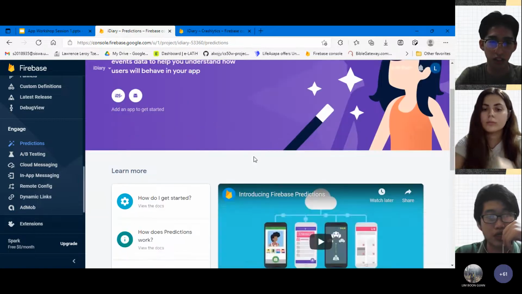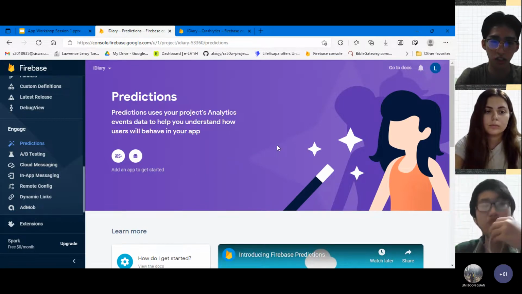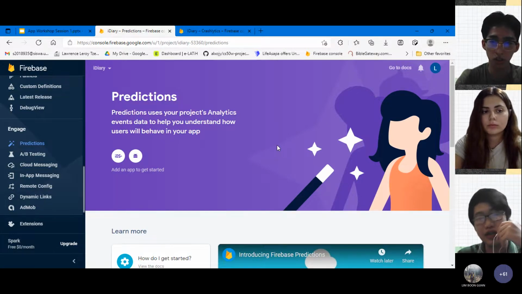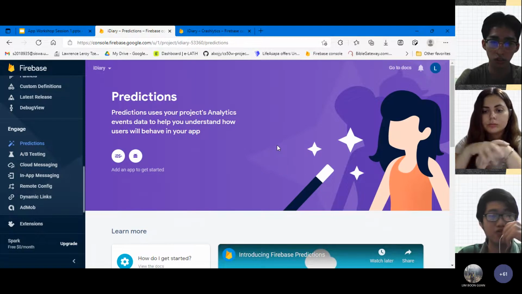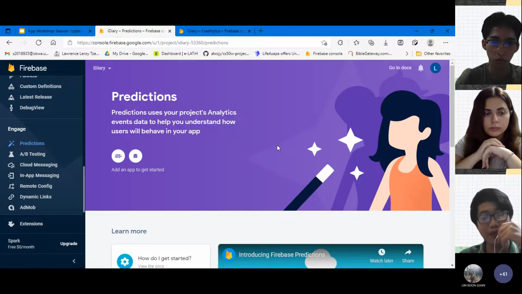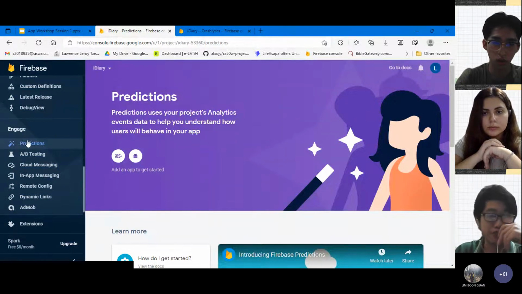So these predictions can help you know whether your user is going to continue using your app very actively. Then you can plan some rewards for him. Or if your user might delete or uninstall your app, then you might want to plan something to keep him interested in your app. So predictions can help you with this.